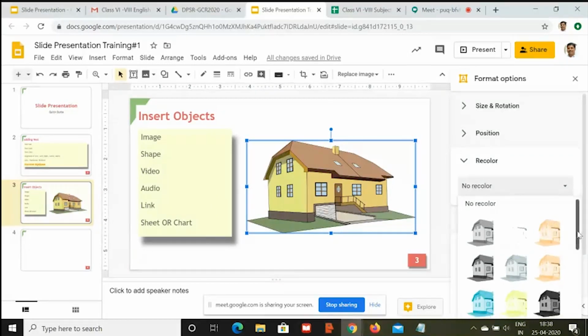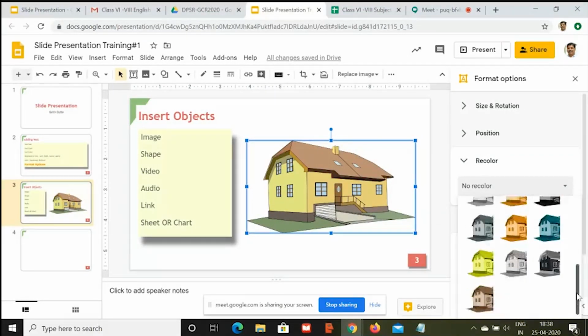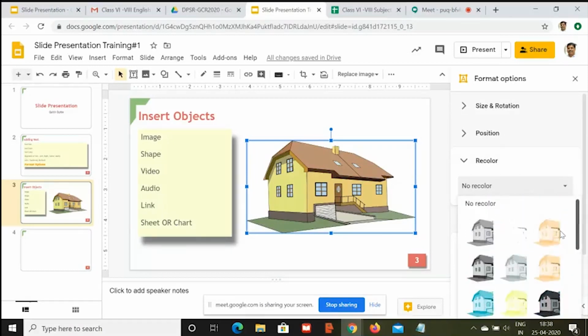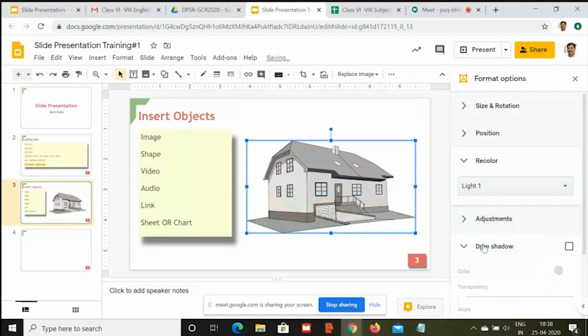Right now, for this house, I have these color settings available. So if I want this image to look like a black and white image, either this one or this one, I'll just pick that from there. Now this image is completely different than what we have picked up from there.